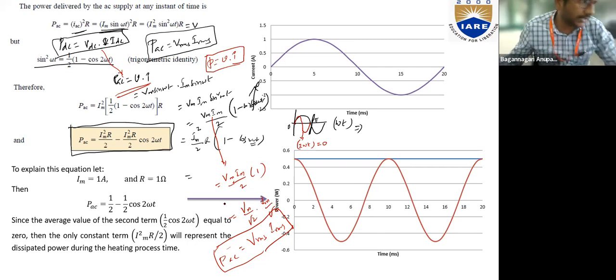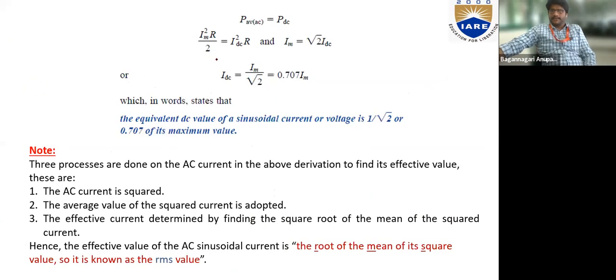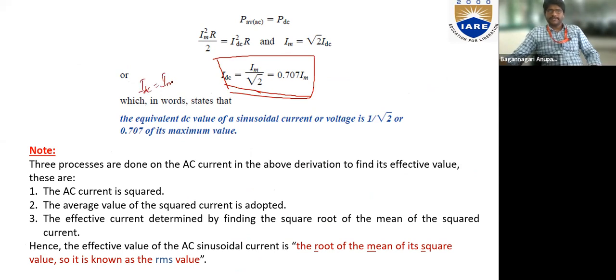Whenever you are asked to calculate the power, you just multiply the instantaneous values in AC and the final steady state values in DC, right? And this is how you get the values of maximum relation between IDC and how did I relate directly here? IDC is equal to 0.707 times maximum because we assumed that IDC is equal to IRMS, right? We are always assuming that IDC is equal to IRMS, so we directly wrote the value as 0.707 times of IRMS. Is that okay?